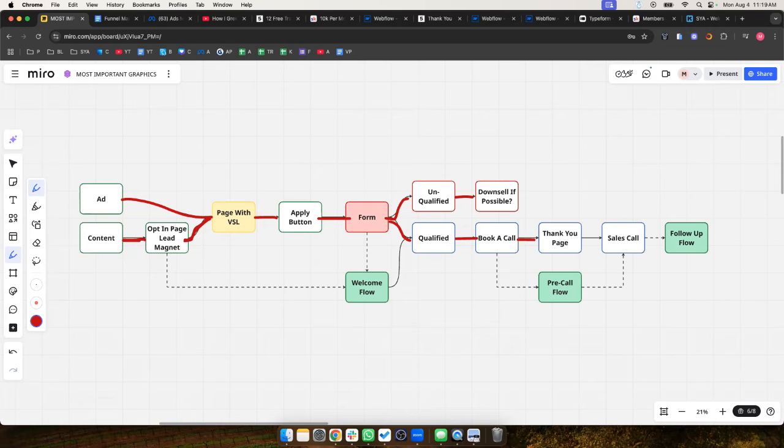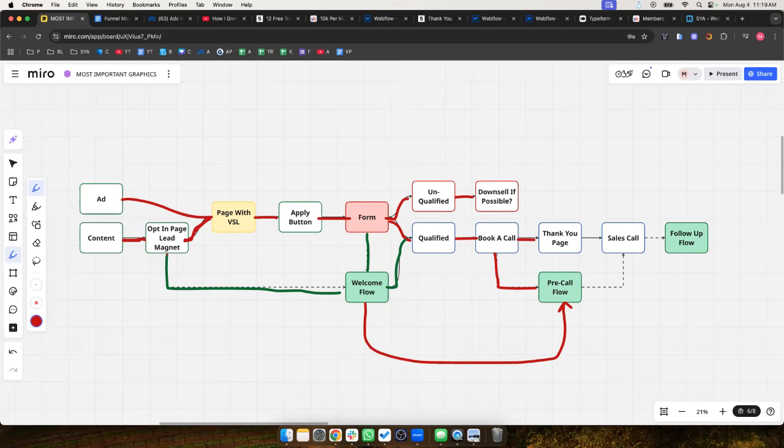It should be noted that if we go back, in that opt-in page, they're going to get that welcome flow. But also when they submitted that form and you have their information, they're also going to get that welcome flow. Now, if they've booked a call, so the 50% of people who booked a call, if you have basically not put your Calendly in your type form, or the 70%, if they book the call, what we want to do is have a Zapier that says, okay, Calendly goes to Zapier. We want to remove them from this welcome flow and add them to the pre-call flow, just because we don't want them to receive both.